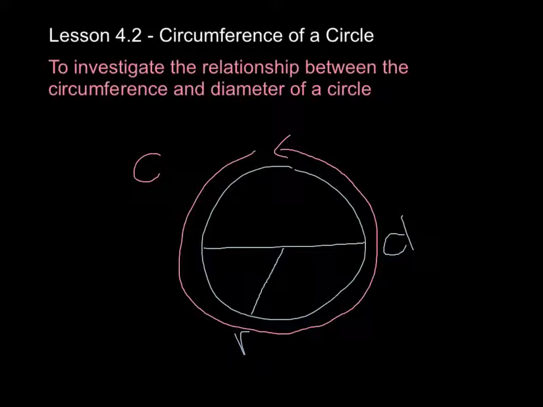If you are to look at any circular object, it can be the bottom of a can, it can be a roll of tape, any circular measurement will have the same relationship between its circumference and its diameter. So if you were to measure, let's say using a string and a ruler, the measurement around the circle, or the circumference, and then you were to measure the diameter of that circle, for every single circle, when you take the circumference and you divide it by the diameter, it will always, always, always equal about